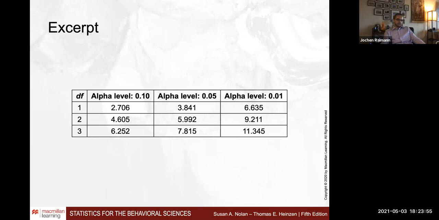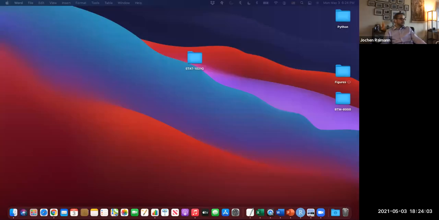And you will look this up in a chi-squared table. This is where I want to move away. I have posted this on Canvas, the chi-squared table. No, actually I did not. Let me do that right now. So the chi-squared table is essentially a unimodal right-skewed distribution. You see it now in your module. I've posted it now in the module, and now we're going to look at it right here.